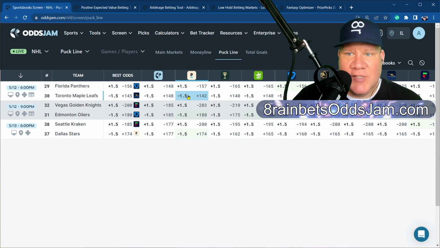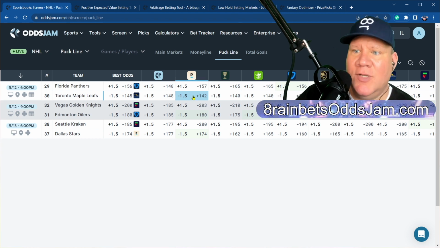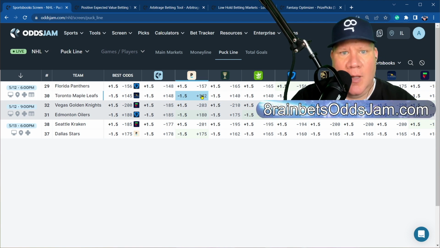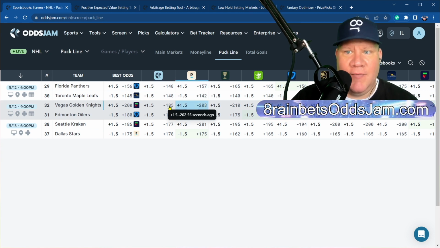I'd happily place this bet instead of just saying they're going to win the game, because now I get plus money, meaning I get more than my original wager back in profits. So my $10 now gets me $14.20 in profits back along with my original wager. So you would get $24.20 back on that. And granted, these numbers are all percentage basis. So if you're doing $100, you just add a 10 factor to all of these things.